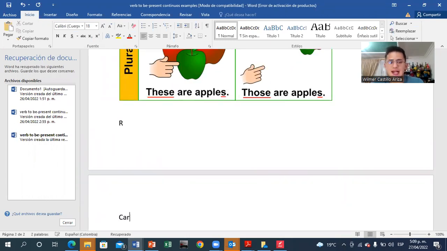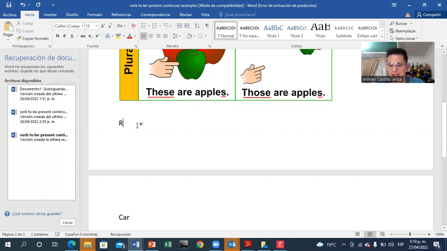La R es la fundamental, ¿sí? No es lo mismo decir car que decir car. Ya saben que lo único que tienen que hacer es mandar la lengua atrás del paladar. Normalmente nosotros decimos perro, carro, con la lengua tocando la parte del paladar de arriba, cerca de los dientes. Lo único que tenemos que hacer es mandar la lengua más atrás. Bueno, esa es la R inglesa. No es lo mismo decir car que decir car, ar que R.